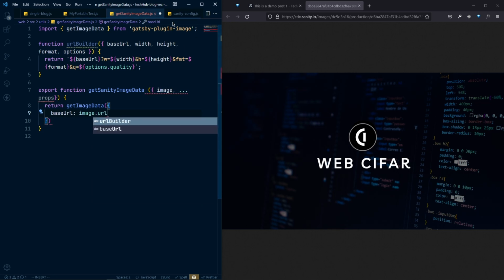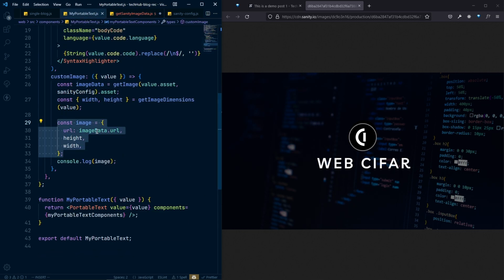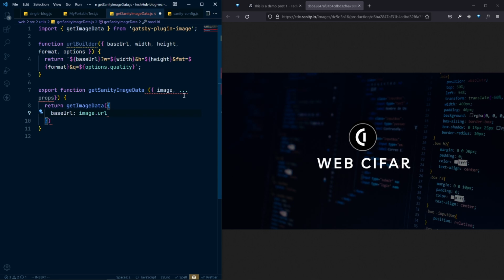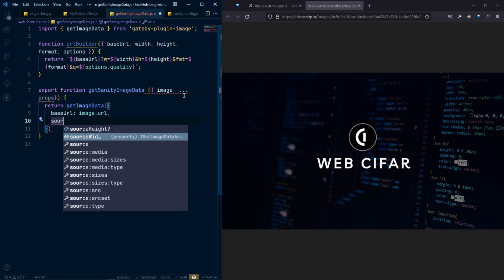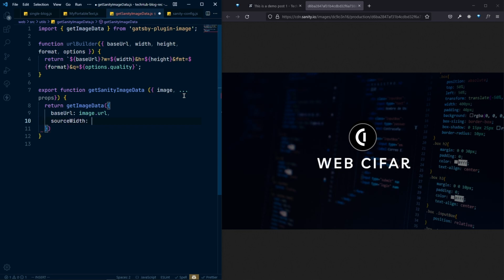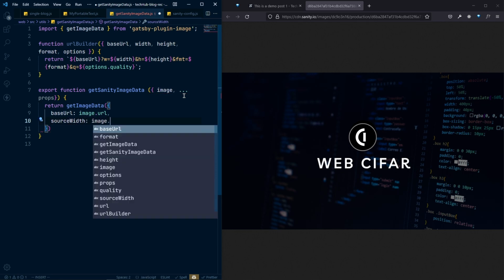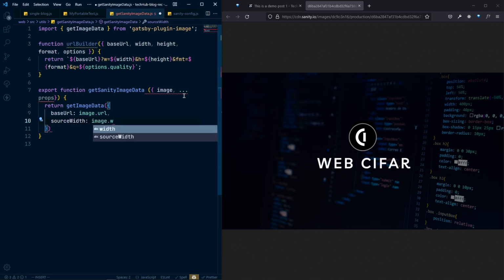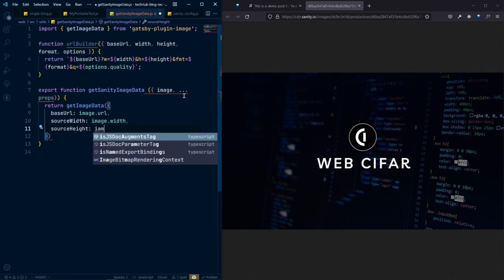If I go to my portable text, here it is the image and this is the URL that we are using currently, so image dot url. And after that sourceWidth will be the image dot width that we specified again. After that the sourceHeight will be image dot height,